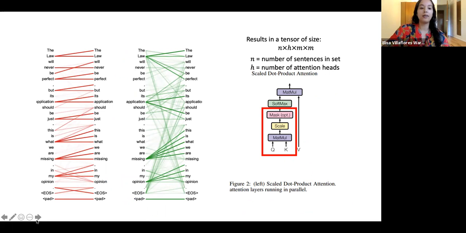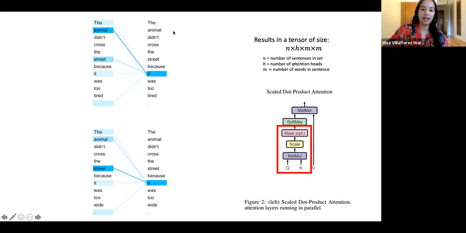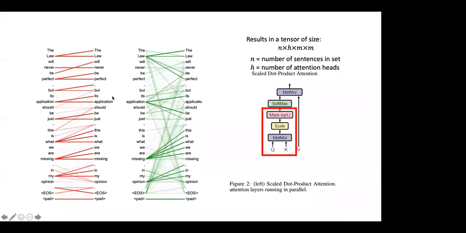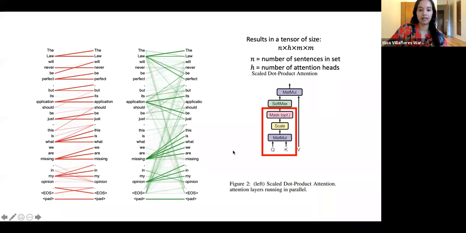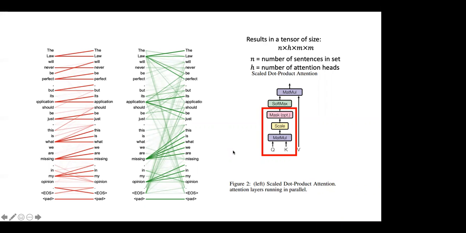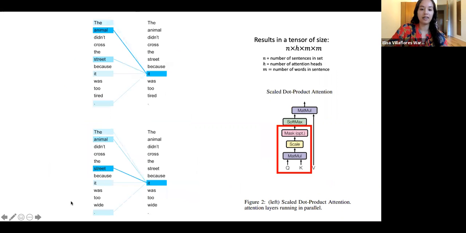And your next slide, that's looking at two different attention heads. In the previous case, we had two different sentences. Now we have two different heads for the same sentence. So the weights are slightly different, is what you're saying. Yeah, and the point of this one is to show two different sentences that are almost the same, but a human would contextually understand what the "it" refers to, because we know what the tired and wide mean.